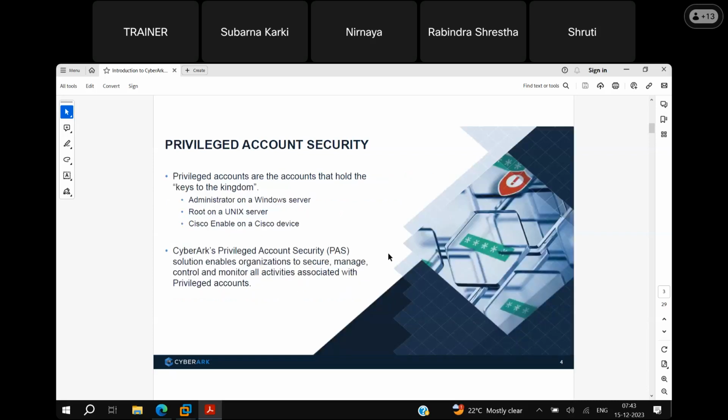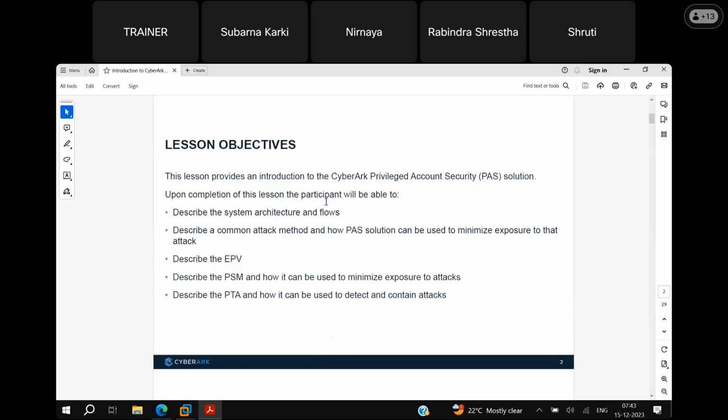Next, privileged account security. Privileged accounts are the accounts that hold the keys to the IT kingdom. Every organization has these privileged accounts. I can give you a general example of a privileged account.